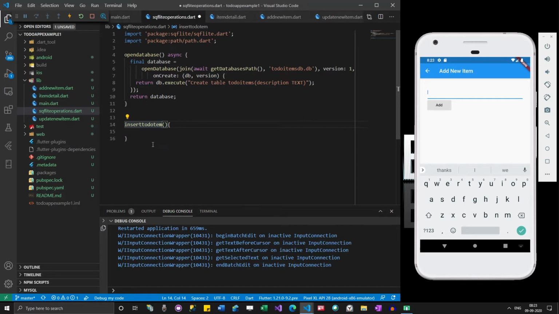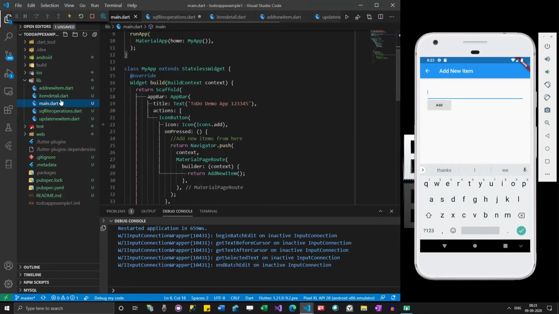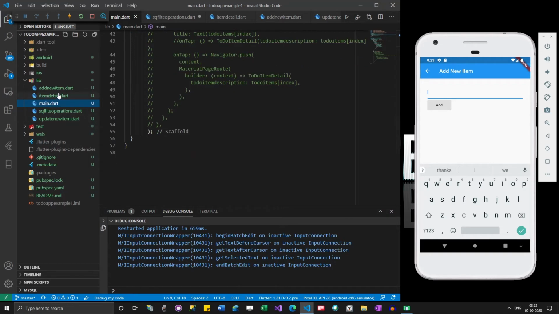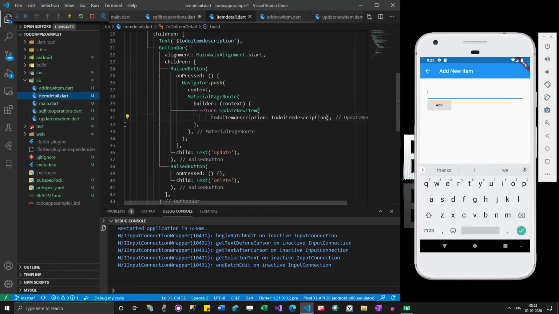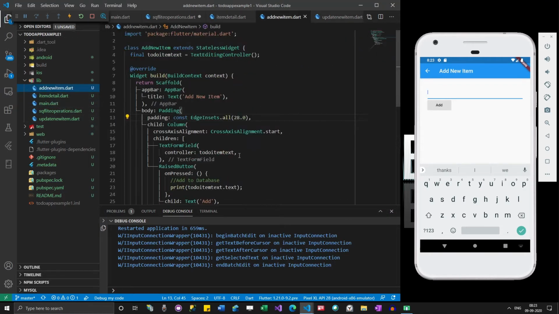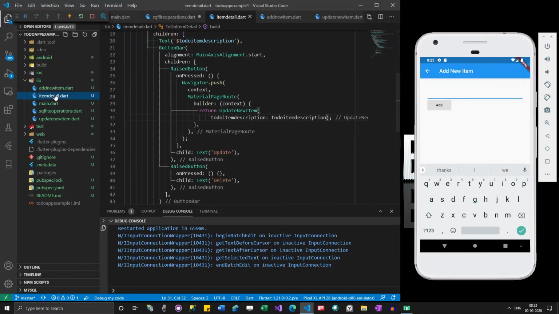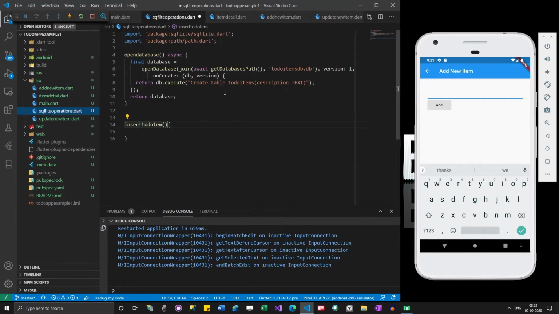If you observe carefully, whenever you are trying to insert something inside a database or fetch it back, we need to create a model for the same structure. So here we have a ToDo item which has a description text.